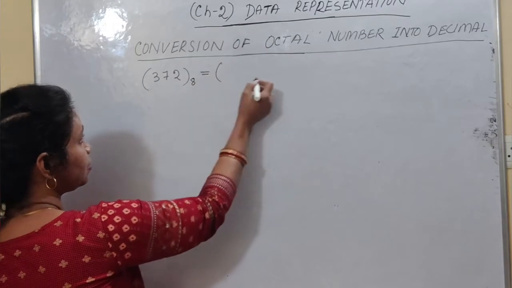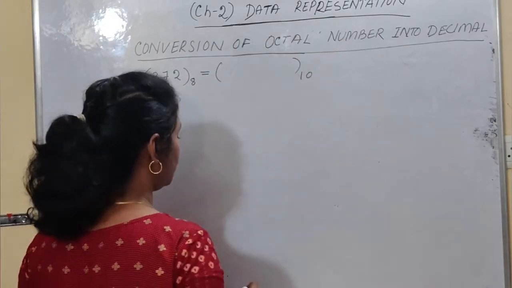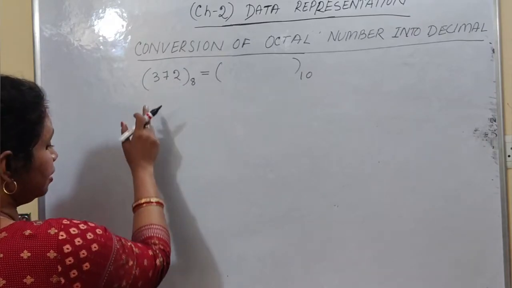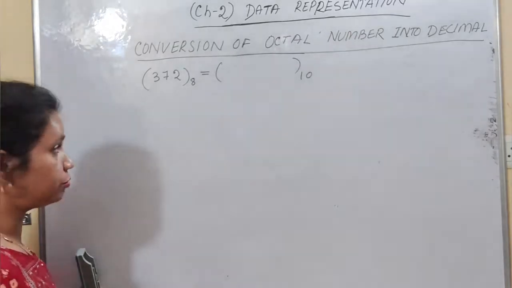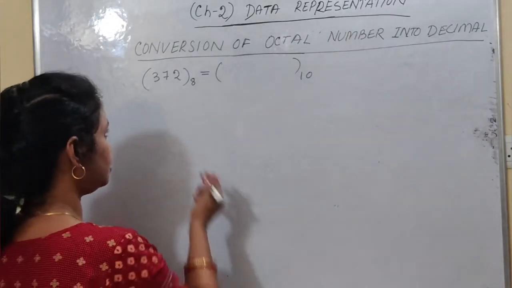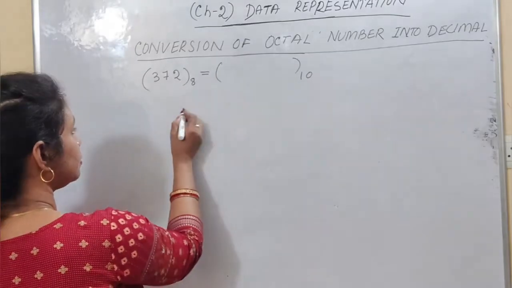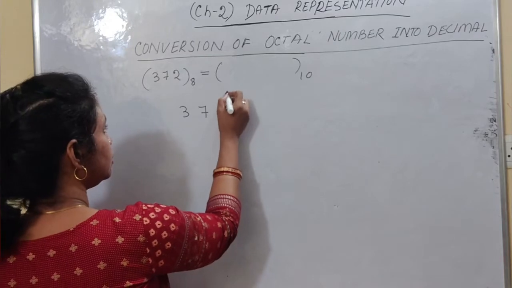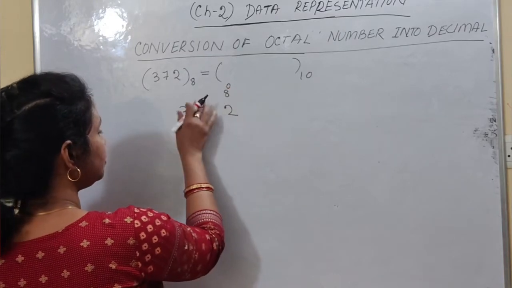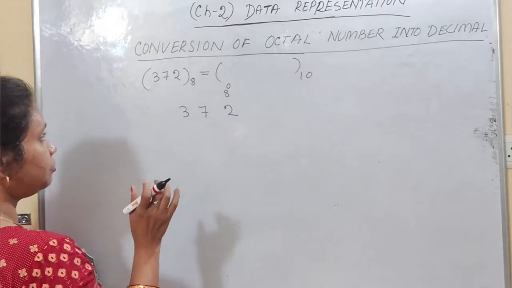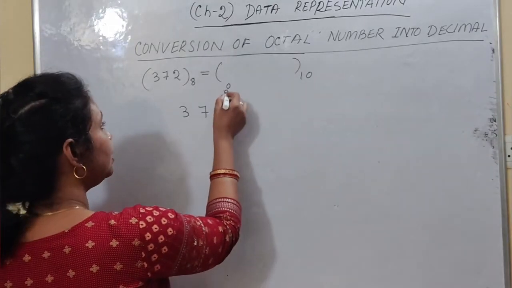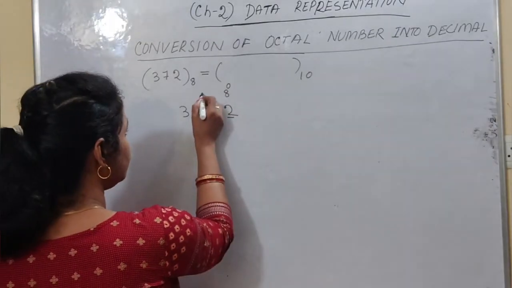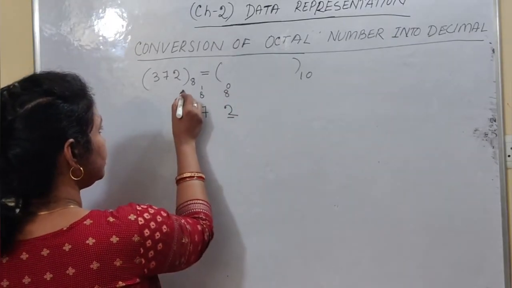Now you have to convert this octal number into its equivalent decimal number. So here what will you do? Multiply each digit of this octal number with its base positional value. Is that clear? Base positional weight. So here base is what? Base is 8. So write this number 372. Then this is your unit position. This is 8 to the power 0 position because this is the positional weight, student. So you have to multiply each digit to its base positional weight and after that add the values. Is that clear? So here 8 to the power 1. This is your 8 to the power 2.